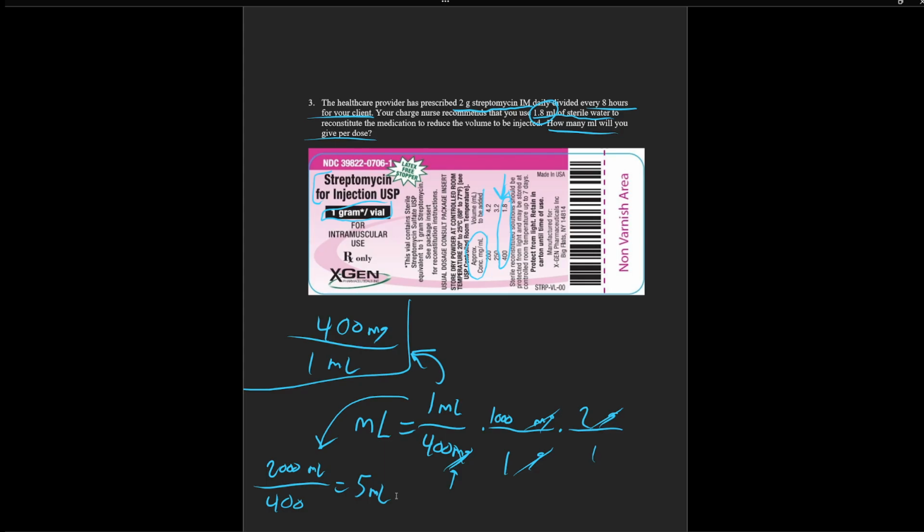And that is not our final answer because we need to divide that for every 8 hours as given to us in the question. We know that if we wanted to work this out, we're going to be giving it every 8 hours. So we're going to be dividing it by 3 doses, which gives us, what's 5 divided by 3? Hold on. Calculator, 5 divided by 3 equals 1.667 milliliters per dose. And then we can go ahead and round that to, because it's more than 1 milliliter, we're going to use 1.7